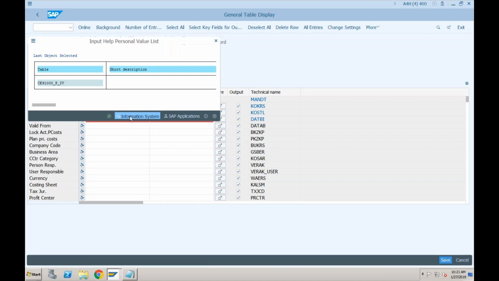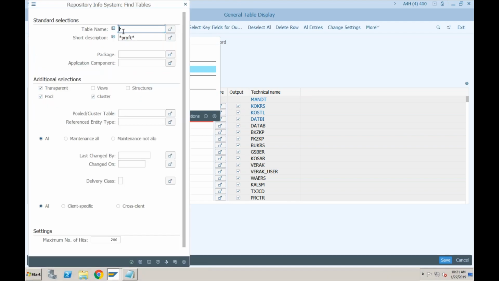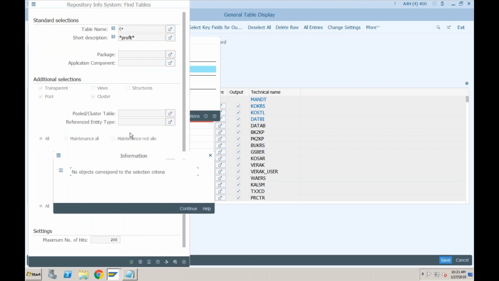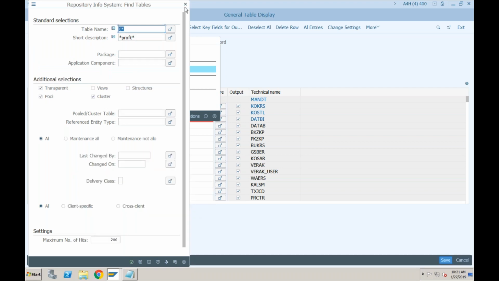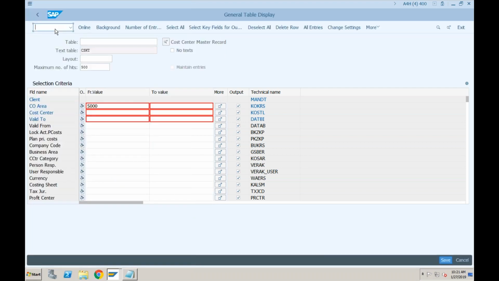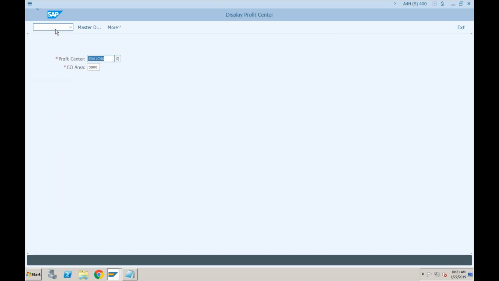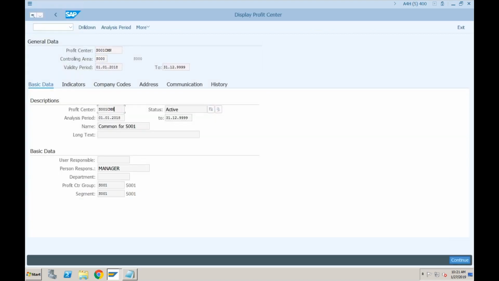C star, right? It also starts from C itself. So C star and profit. No, it is not showing. Okay, let's go to the profit center, KE53, and see which table is being called in the background.